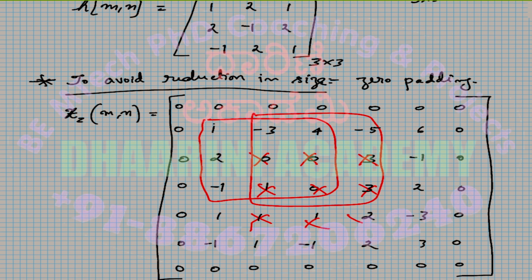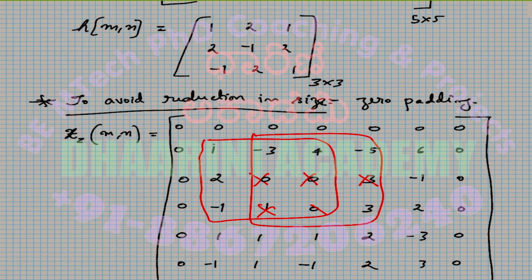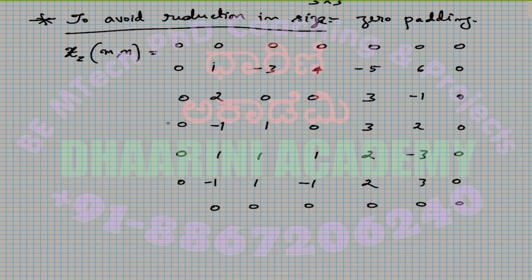That's the problem. I lose my information. My answer is not proper, not the expected. So what you are going to do now, you will perform the zero padding like this. Now let us see what happens. Now I'm not starting from here. This is not my starting point. My starting point is this. I start my convolution from here,